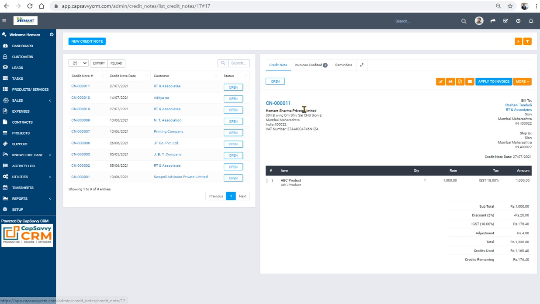Here we have raised the credit note against the invoice of 1,000 credit used, and now only 176 rupees is pending because we have raised the credit note. This is how it functions, and everything will be available on the dashboard. And not only on our dashboard, the person who is in the field can also access all this information right on the mobile, in the app, or on the website.